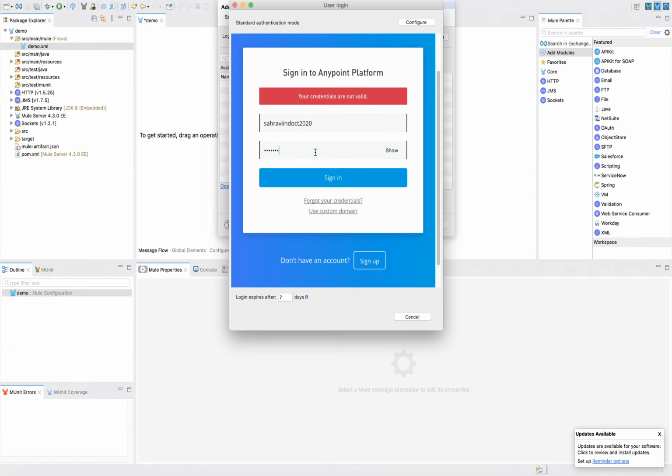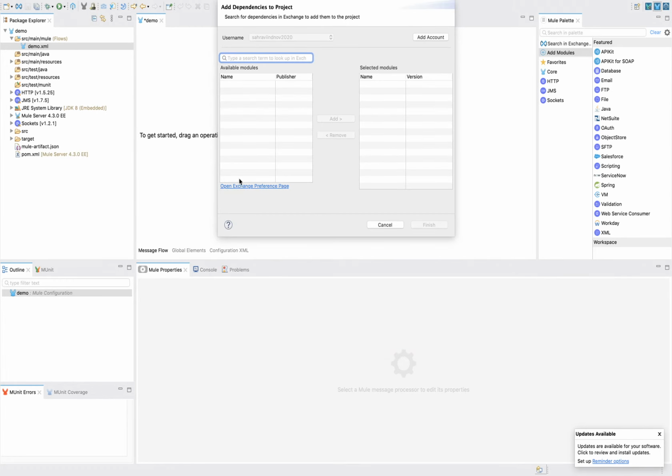Okay, I forgot what credentials I used. Let me use some other account. Once you log in here, you can see the user added, one account is added, and you can search here for the list of connectors.